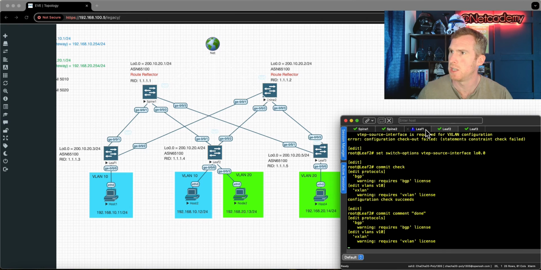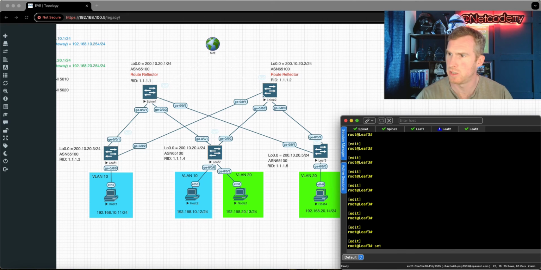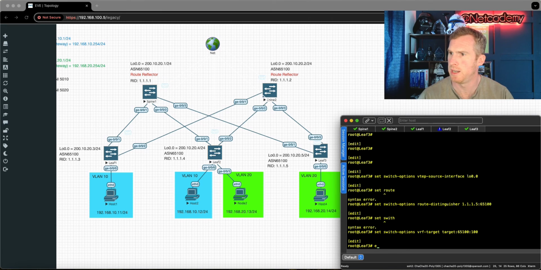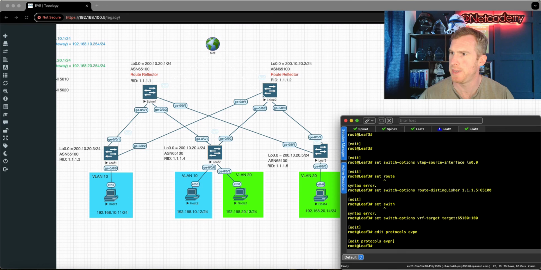And finally, let's go on to leaf 3. And let's just do set switch options before I forget. Let's do the VTEP source interface of loopback 0.0. We also want to do our route distinguisher, and this is leaf 3, so 1.1.1.5 within ASN 65100. I want to set my global VRF target 65100, and that random number once again, and it's going to edit protocols EVPN, and let's set the VNI options